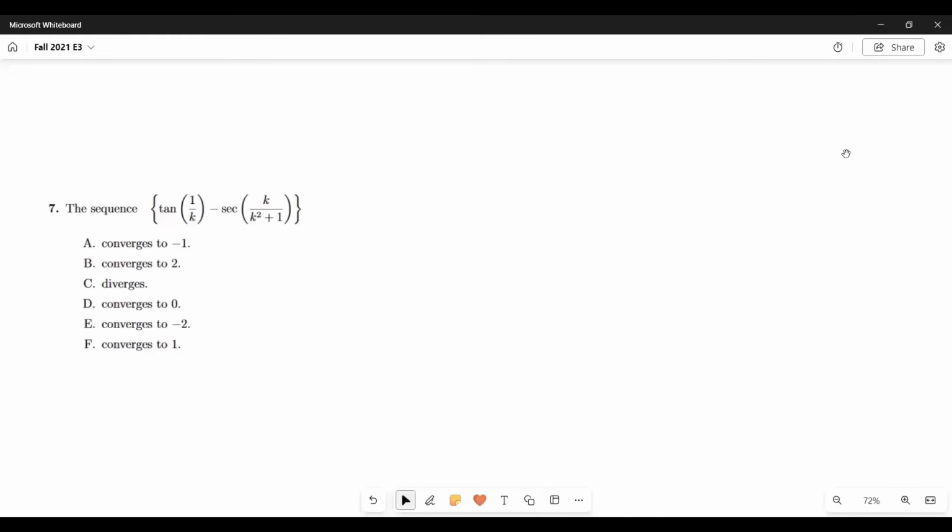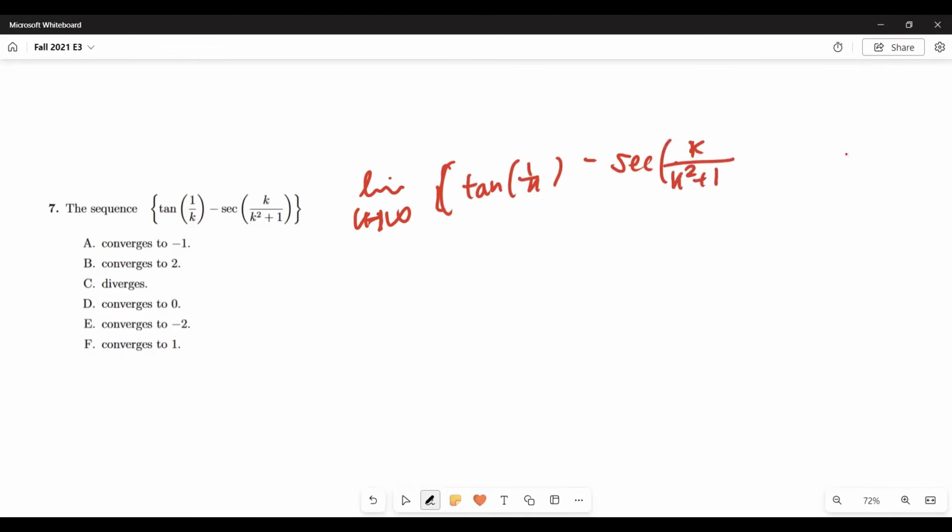Okay, this question asks to find the sequence of tangent 1/k minus secant of k over k squared plus 1. So this is the sequence. So limit as k goes to infinity of tangent 1/k minus secant k over k squared plus 1, in brackets. Okay, so if the limit of k goes to infinity, this is going to be tangent of 1/infinity minus secant